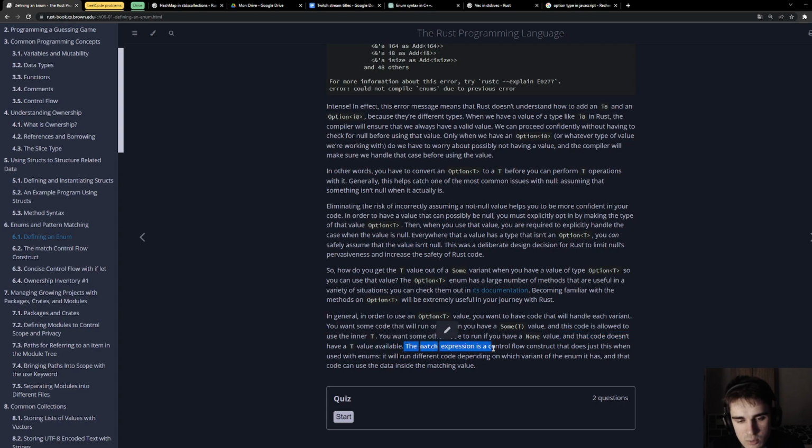The match expression is a control flow construct that does just this when used with enums. It will run different code depending on which variant of the enum it has, and that code can use the data inside the matching value.